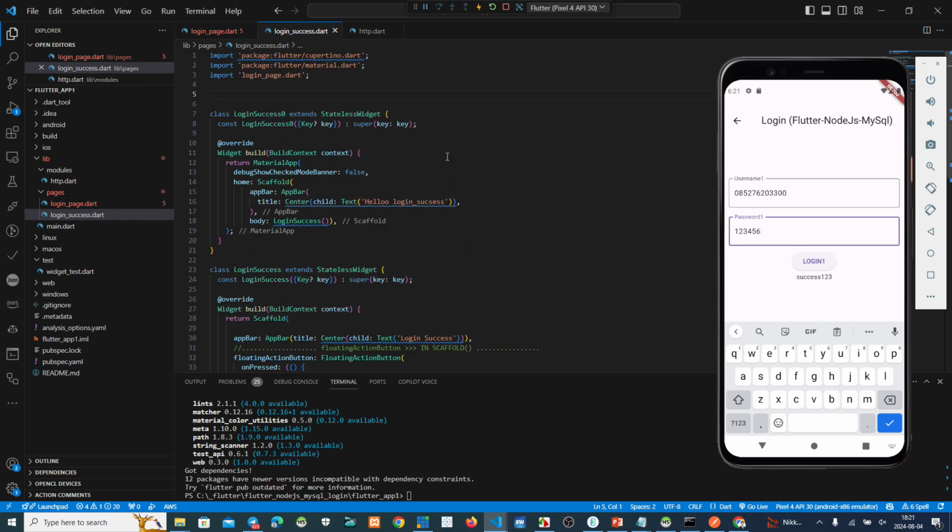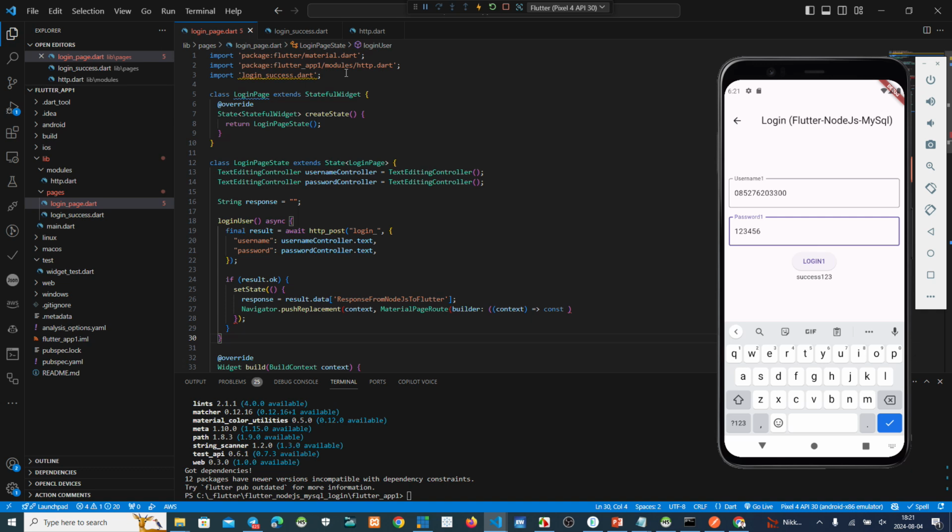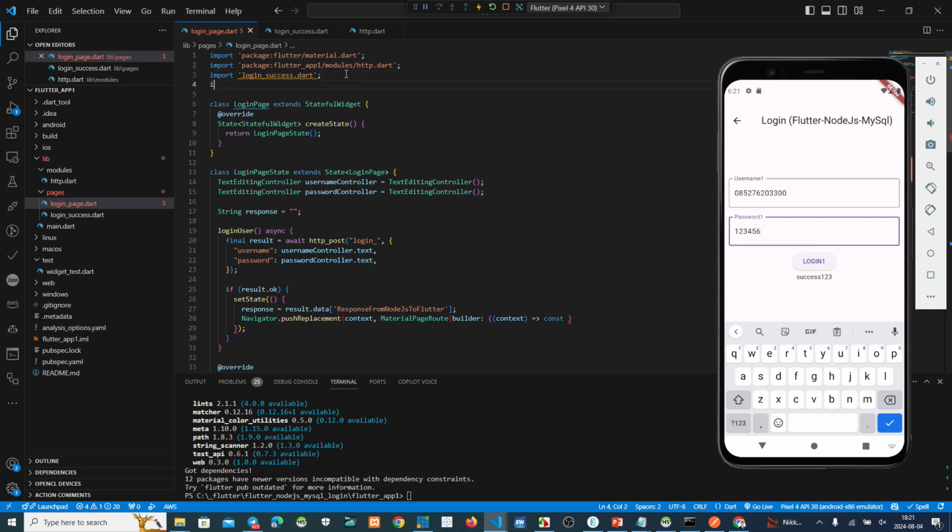Okay, now we import this page, yeah, to this one. Import login success.